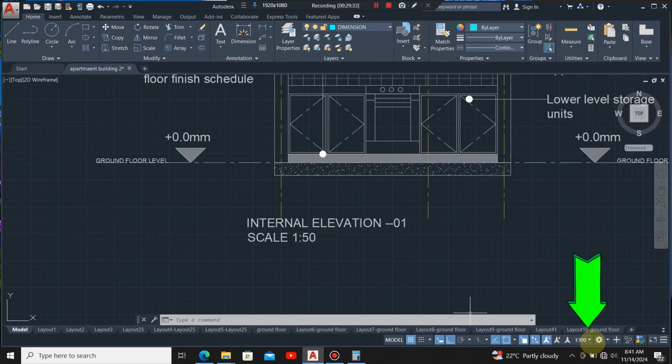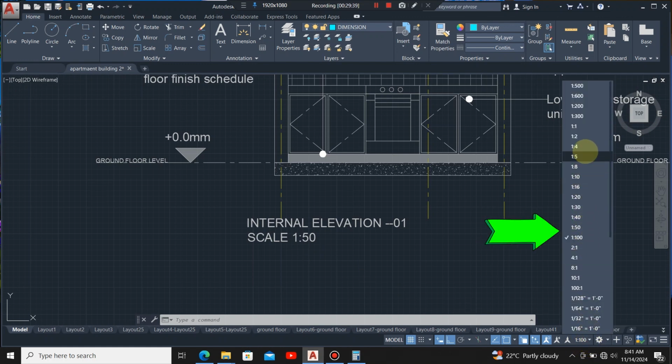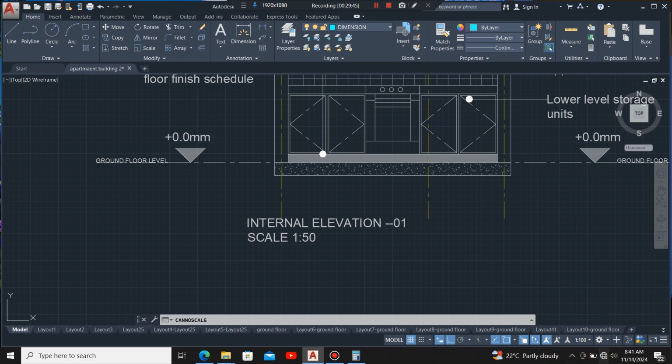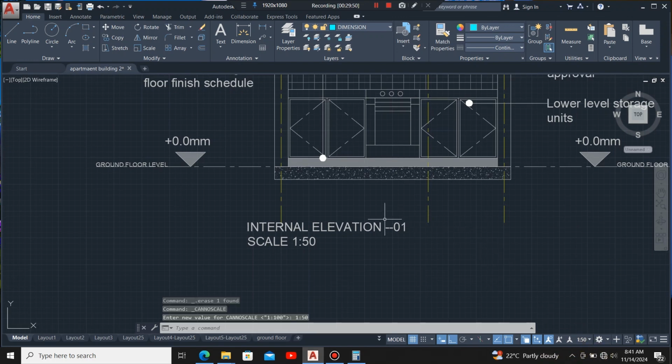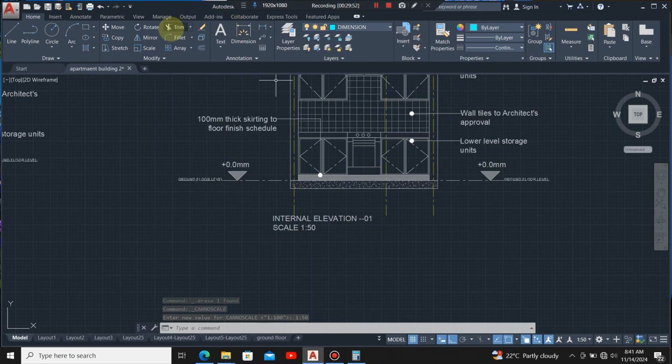I can see here the current scale is 1 to 100, so I have to make it 1 to 50. So I'll make 1 to 50 my current scale, then I'll click at the linear command,